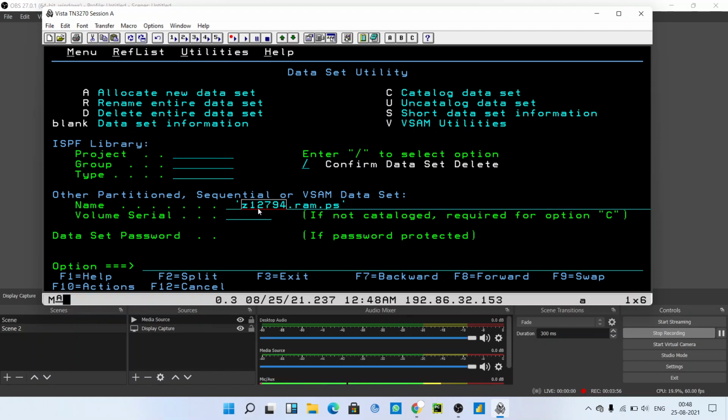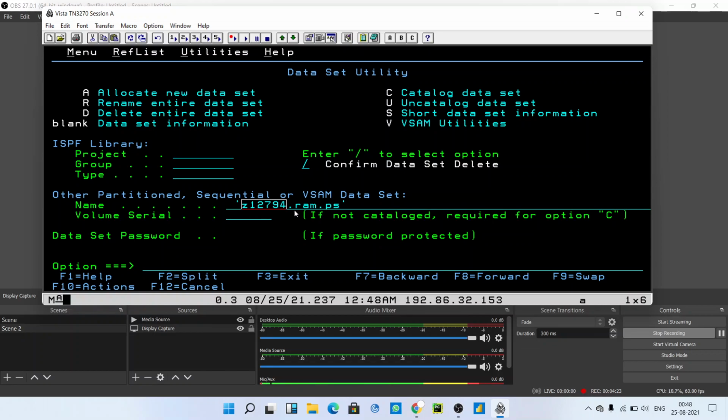It is given by your company, or when you get access you will get this ID, which you have to use at the front as an initial qualifier while giving the name to your PS file, and after that you can give a dot and the rest of the name.